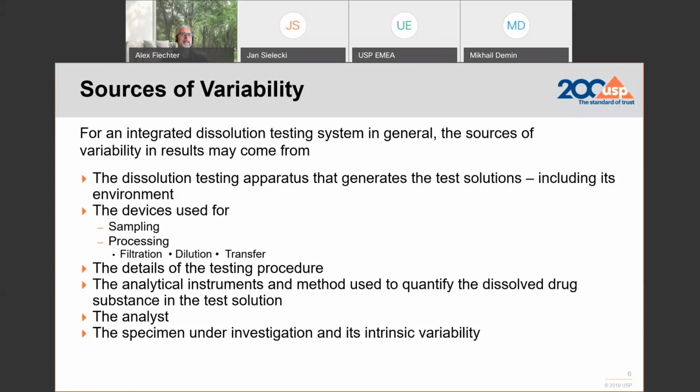Now, last but not least, the specimen itself. I mean, every tablet is a formulation, including the prednisone PVT tablet, and has its intrinsic variability. But I can assure you, when it comes to the prednisone tablet, in terms of weight variation and content variations, we have very, very strengthened and narrow specifications for the manufacturer who is producing the PVT tablet.